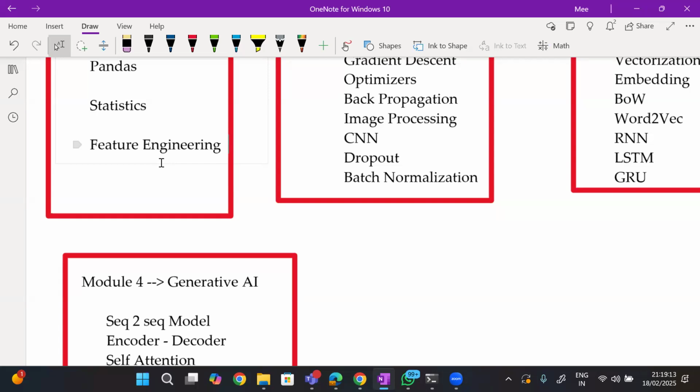Any resume preparation session, just a request. Yes, I was about to say that. I will definitely help you out with the resume preparation: how you have to prepare your resume, what kind of projects you have to put on it, and how you can justify your experience. Just now, Chaitanya, I think, was asking me how he can present his experience integrating with AI. Each and everything I can help you out with.